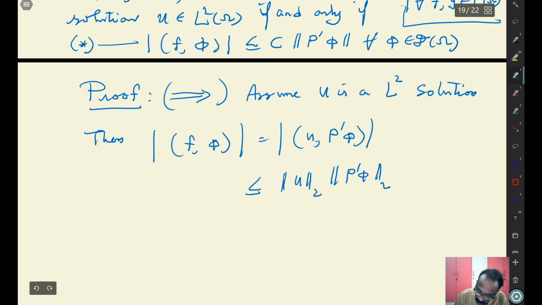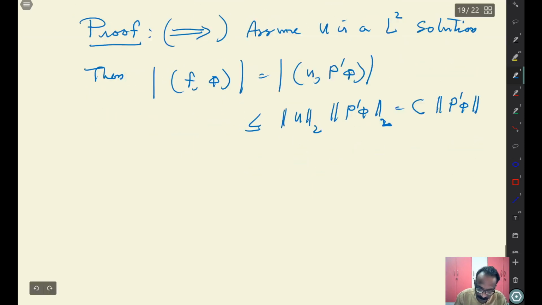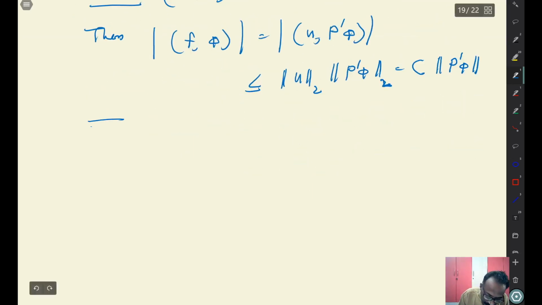So this is given to you; this is your constant, times the norm of P prime phi. So you get the constant, the norm of u, and the estimate is less than or equal to C times this, if it has a solution. This is true for any phi. Conversely,